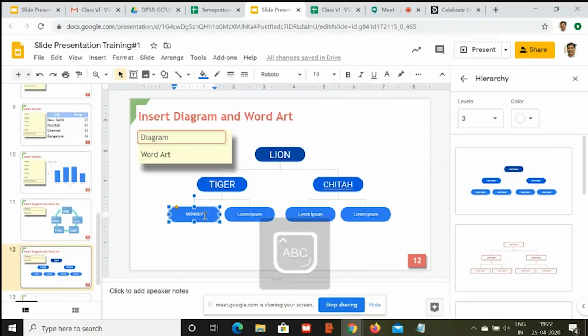Sir, can we increase the numbers here? Yes, you can increase the number. On top, you can customize the number of levels. No, not the number of levels, only the number of boxes you can change in the third part. You can change that. How do we do that? Yes, you can change that. I'll just show you that also. If you want to delete one of them, you can delete one of them also. Thank you, sir. Just tell me how to increase it later. Okay.